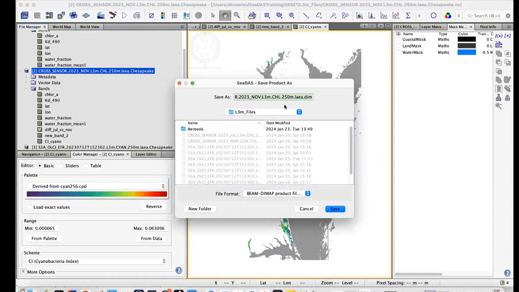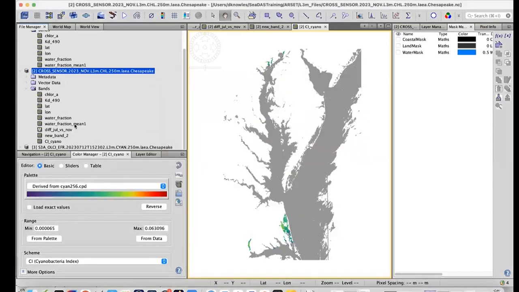You say okay, you tell it where to save it, and then you save this, and it'll save it. And then you can subsequently come back and open that file up, and you'll have all of those bands in there. And so I think there's plenty more that SeaDAS can do, and I really encourage you to download 9